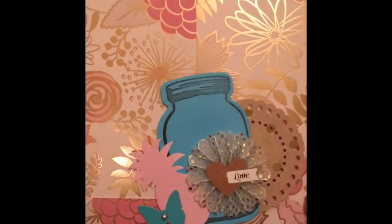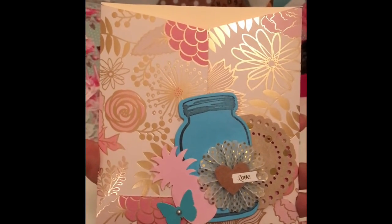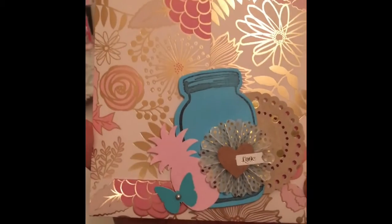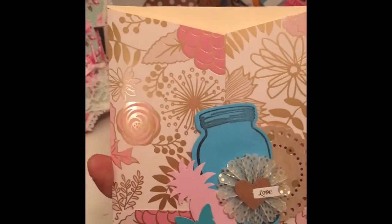Okay, so next up on the project list is this little cutie. It was just an envelope that I received in my birthday challenge that I absolutely loved and adored so much. And you know me, I feel like it's more blessed to give than to receive. So I was just thinking about a dear fellow